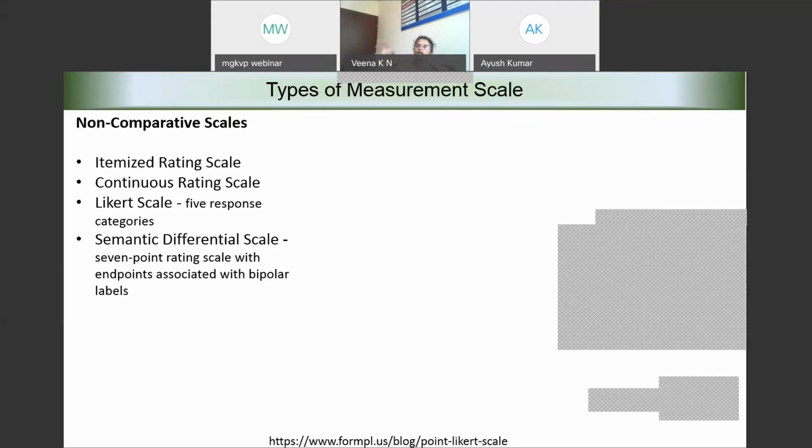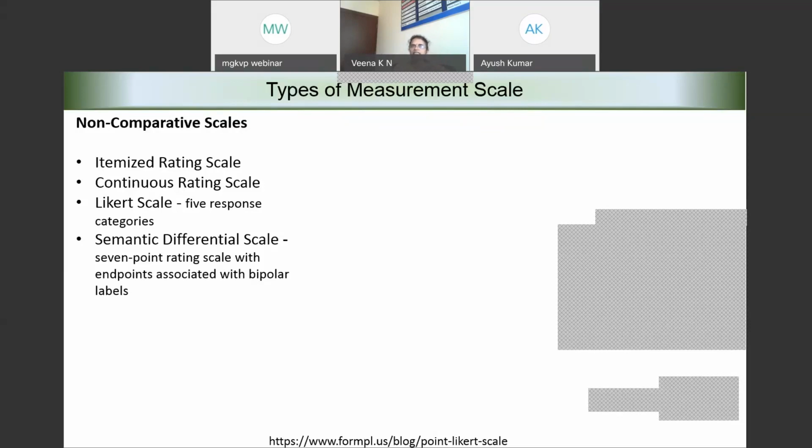Similarly, all of them might go to B, all of them might go to C, or any of them can go to A, B, C. This is called rating scale. So when we talk about rating scale, it's a non-comparative scale, but it will help us to evaluate the options. So it could be item by item. For every item, we might try to find out what is the rating given.